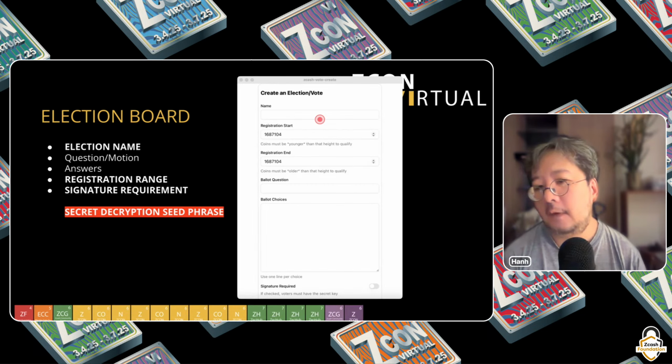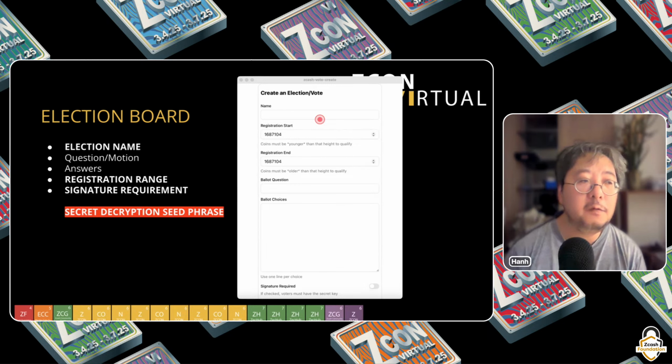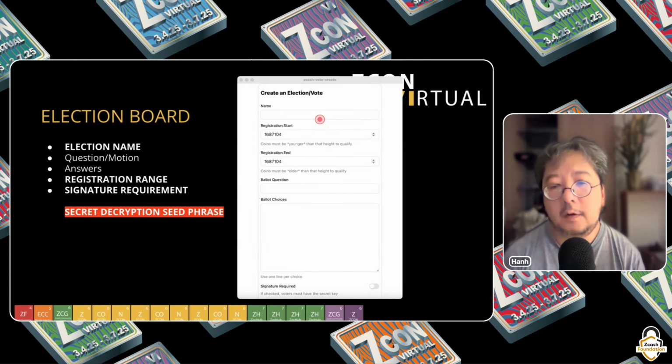But if you are polling and you don't want an entity that has published their viewing key to the internet, then you have to use something more secure, and you should ask them to prove ownership of the coins. In any case, even if you say that you want ownership of the coins,